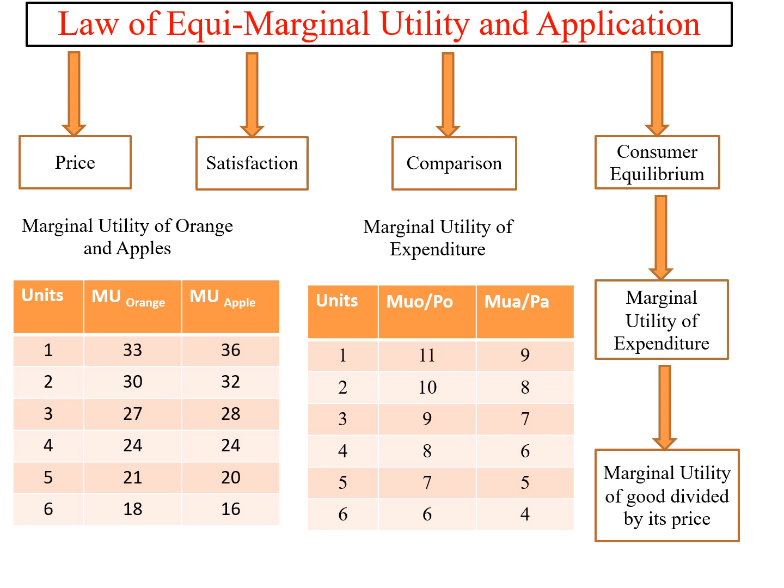Why have I highlighted all these things? You all know that the assumption is that the marginal utility of money always remains constant. When the marginal utility of money remains constant and at 1 rupee it is 8, then ultimately the marginal utility of the good or commodity divided by price equals the marginal utility of the expenditure. I have highlighted everything in my previous video. Suppose here the marginal utility of money is 8. Just check the marginal utility of the orange at 4 units of consumption, it is 8, and the marginal utility of the apple at 2 units of consumption, it is 8.